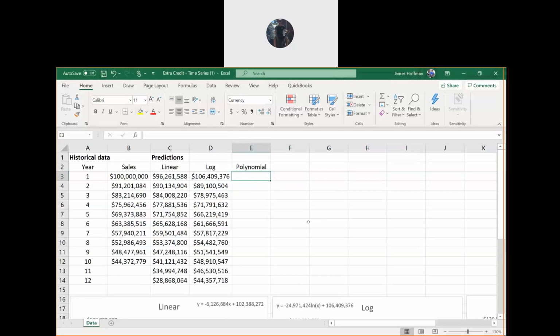All right, so now the last one we need to calculate is the polynomial. So let me see if I can see that equation here.